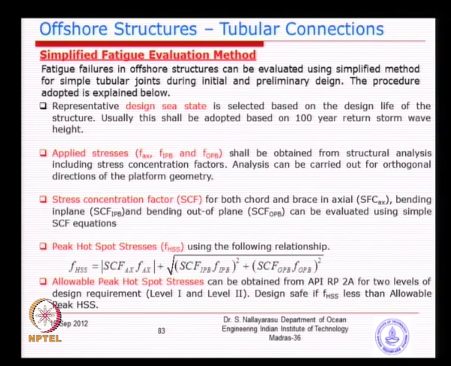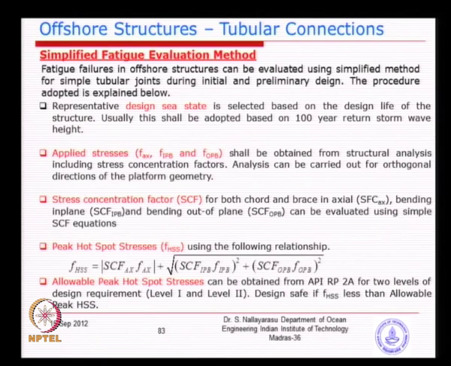For example, if you take 25 years, you will see different sea states existing for different periods of time, and the number of cycles for each sea state will be different. Instead of looking at those data, API in the early stage, the 1960s, recommended picking a sea state which will be representative of the overall behavior of the sea state conditions at the particular site, and analyzing the structure very similar to an in-service analysis like a storm condition, and calculating the applied axial stress, bending stress and the in-plane and out-of-plane components, and calculating the stress concentration factors, which we will deal with in more detail later on.